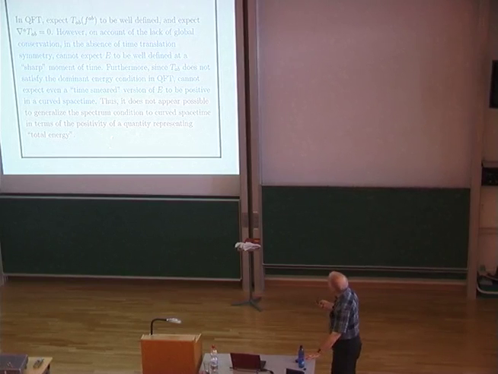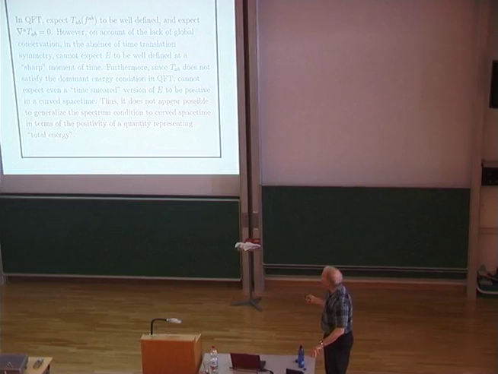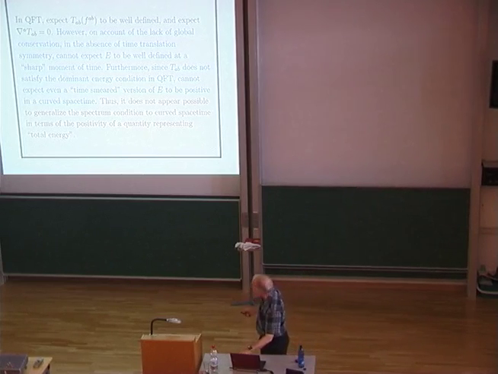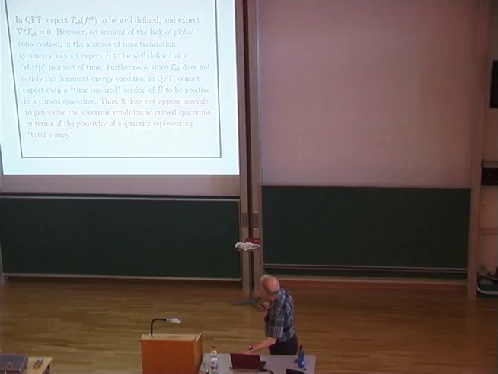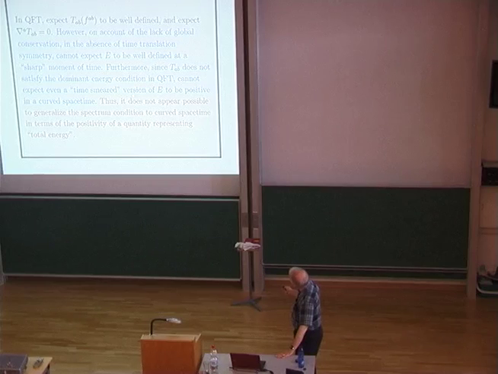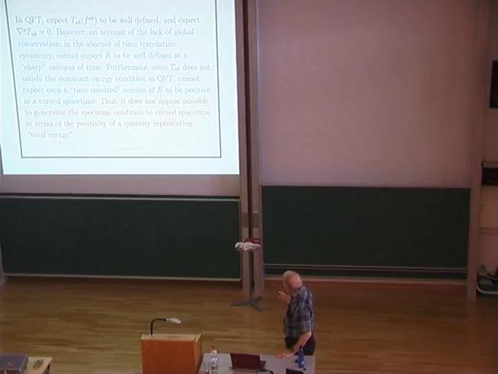So I claim that there doesn't appear to be any way of generalizing the usual flat space-time spectrum condition to curved space-time in terms of stating the positivity of something representing total energy. There are energy inequalities that allow one to put lower bounds on E, at least over time-like curves or things like that, smeared over,